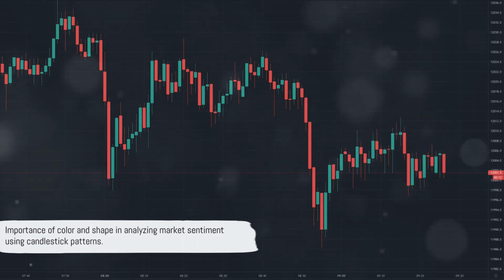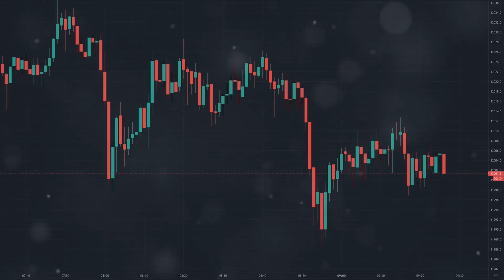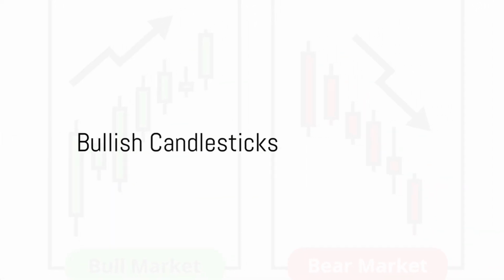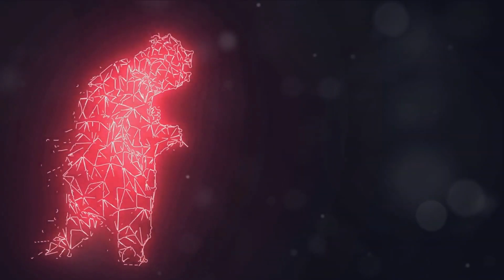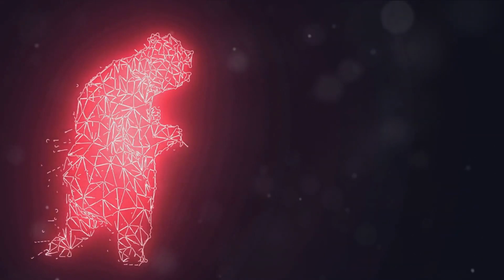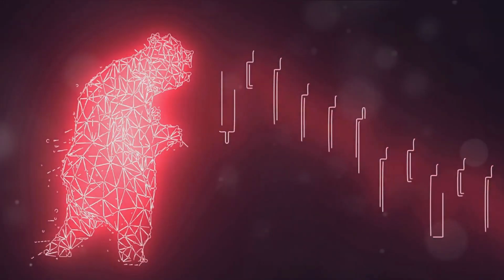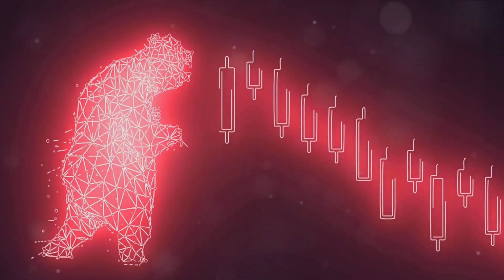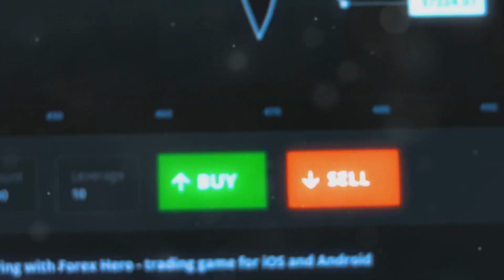So that's your basic candlestick, but there's more to it. The color and the shape of these candlesticks can tell us about the market sentiment. When the bulls rule the market, we see specific types of candlesticks. Now let's delve into the world of bullish candlesticks, where the optimism of investors is reflected in the design of these candles. Primarily, we have the bullish engulfing candlestick, a dynamic duo of candles that signifies a potential reversal in